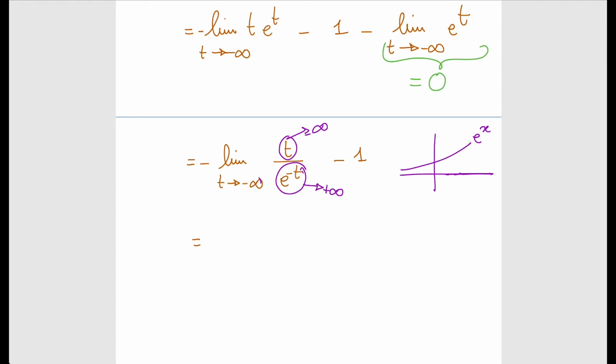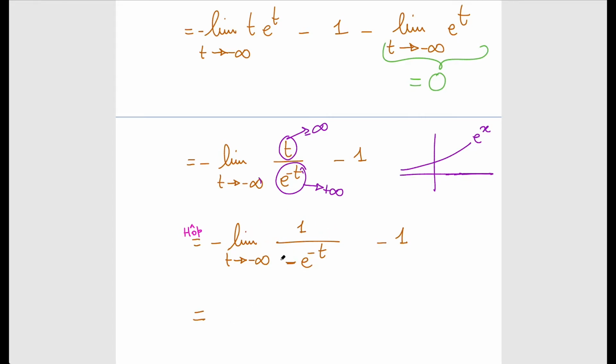Now L'Hopital can be applied. So I'm gonna use L'Hopital's rule. And what do I obtain? I obtain minus the limit as t goes to minus infinity. Derivative of t with respect to t is 1. Derivative of e to power negative t with respect to t is minus e^(-t). Correct? Minus that one outside. And this is equal to